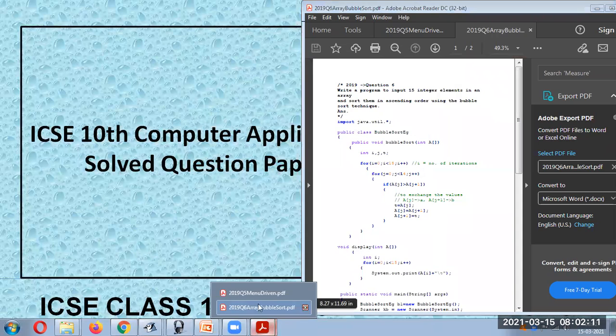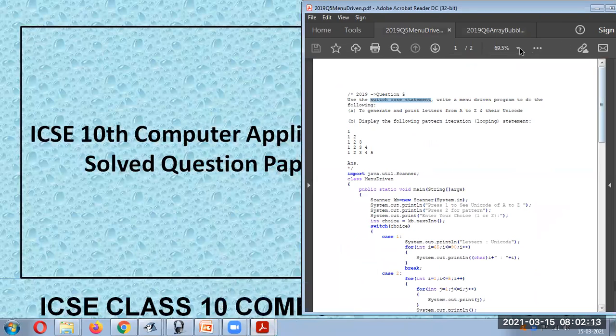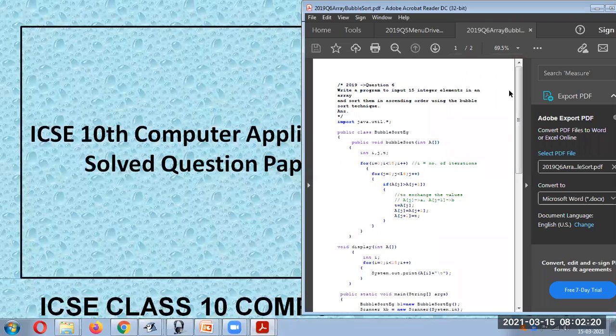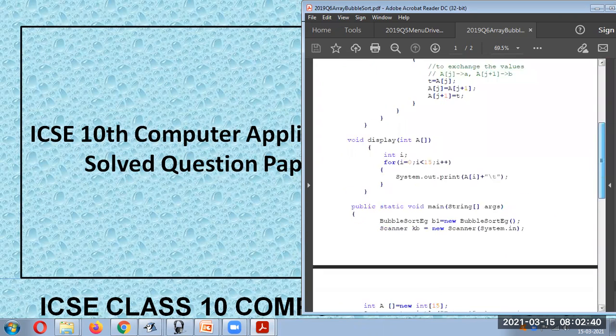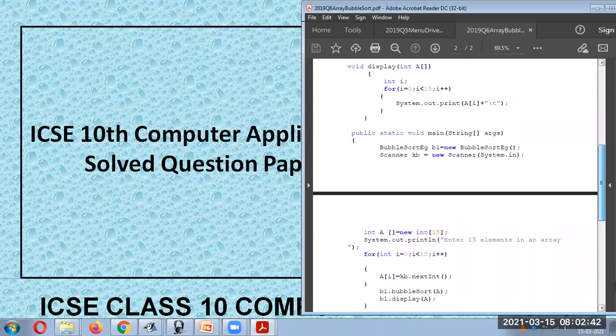So if you see here, what is asked is to input 15 integer elements and sort them in ascending order using the bubble sort technique. What is different is only that I will explain. Remaining things are the same.